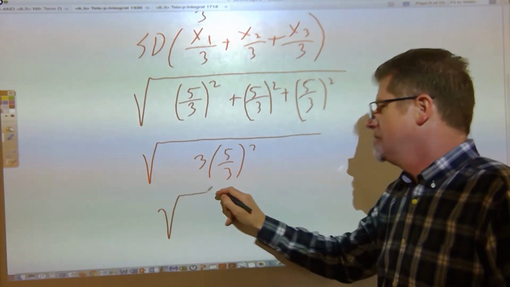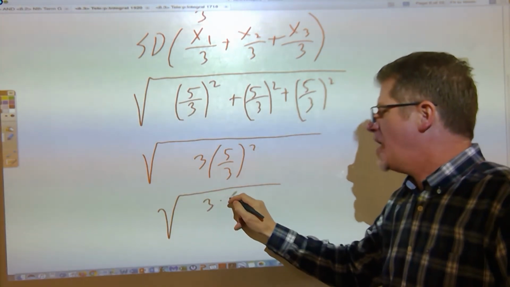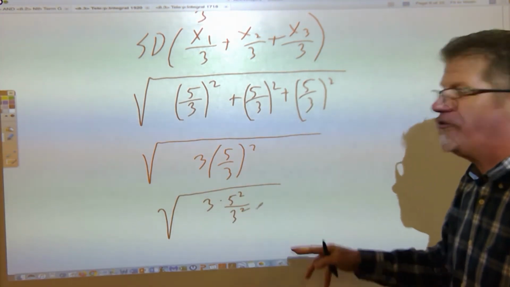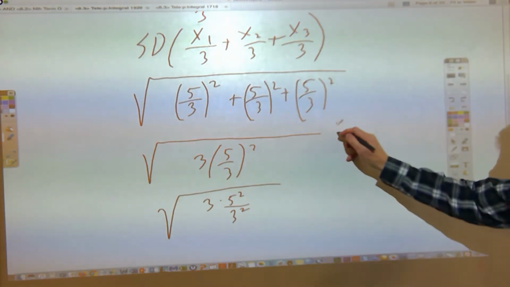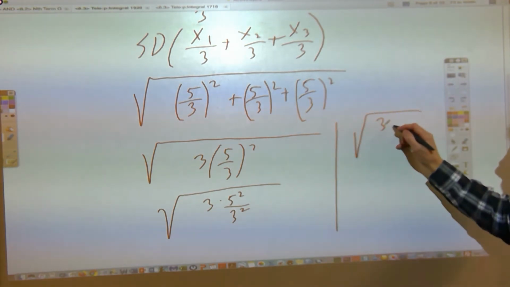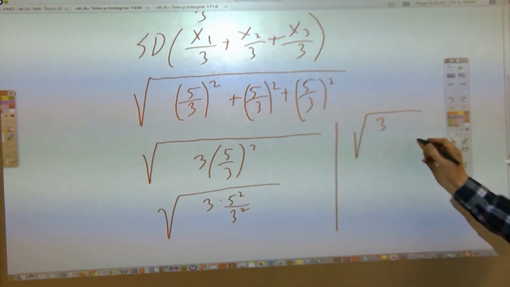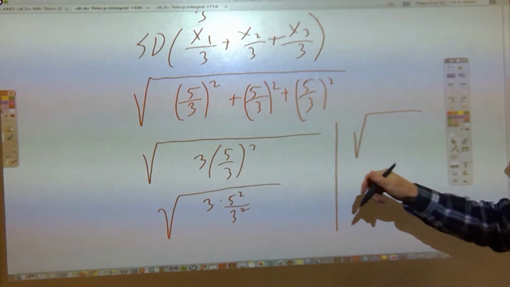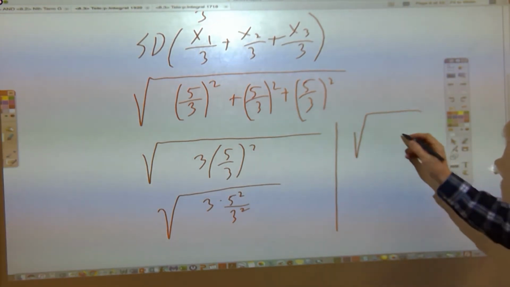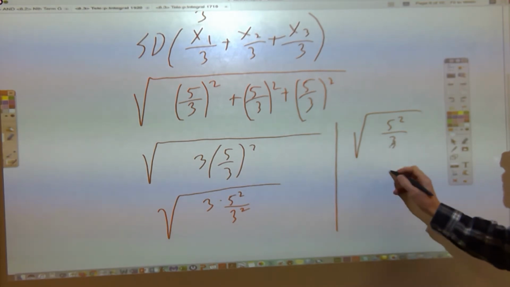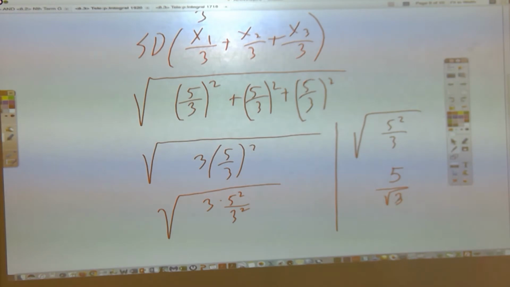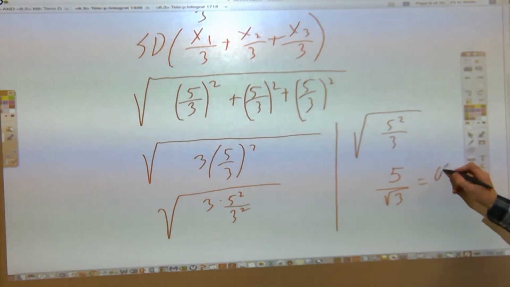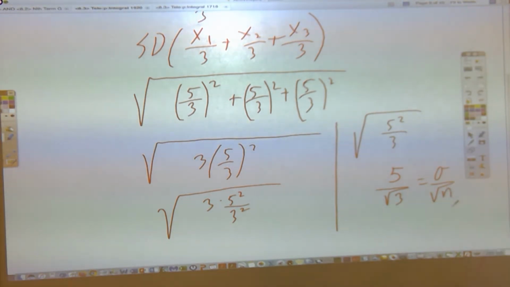And when you, wait for it, do the math, you get 5 squared over 3 squared times 3. A pair of 3's cancels. No, that 3's gone, Mr. Royce. It's no longer there. Yes, that canceled. That's 5 squared still there over 3, so the standard deviation is 5 over the square root of 3. That's the original standard deviation divided by the square root of the sample size.